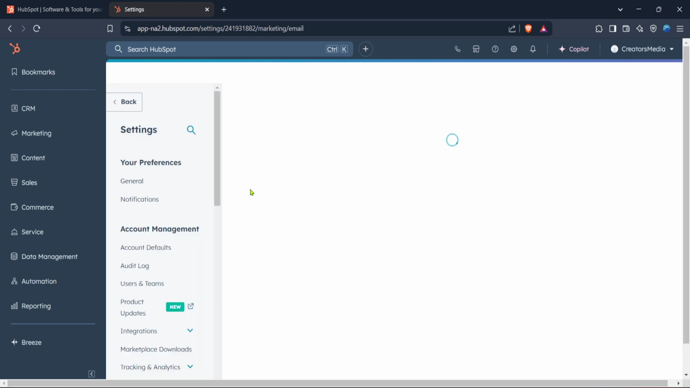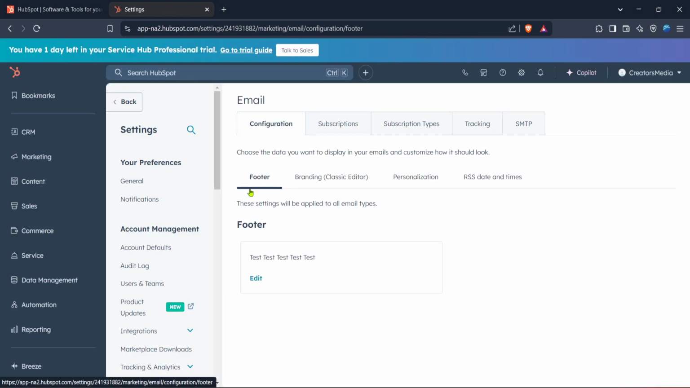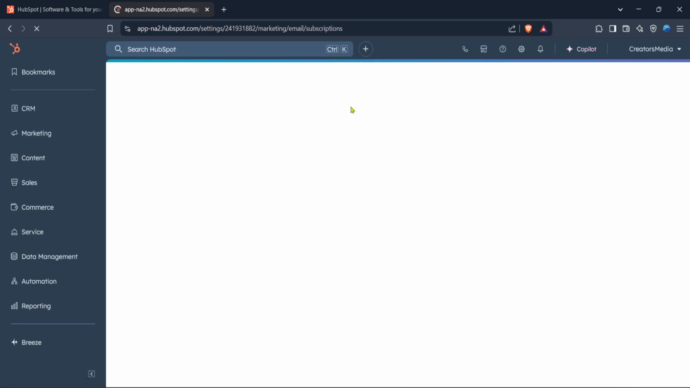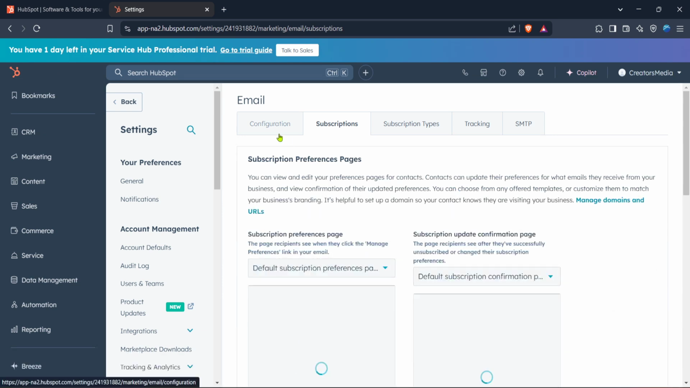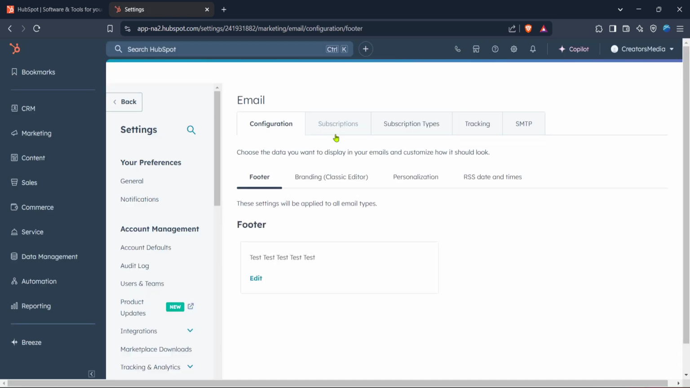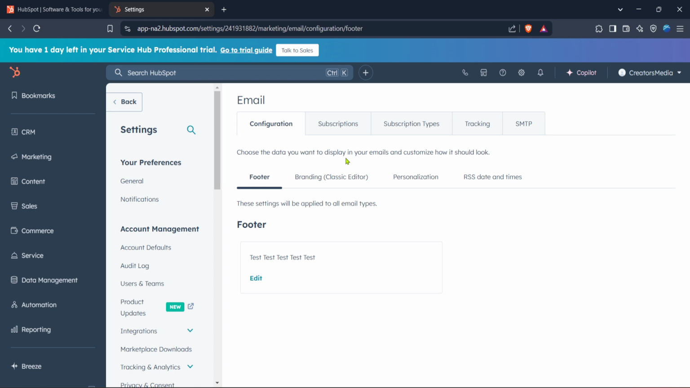Following the marketing tab, the next step requires you to click on email. Selecting this will lead you to a more focused menu where you can manage your email marketing settings, templates, and configurations. Now, let's move on to the final step of this process, where you'll configure your email settings to suit